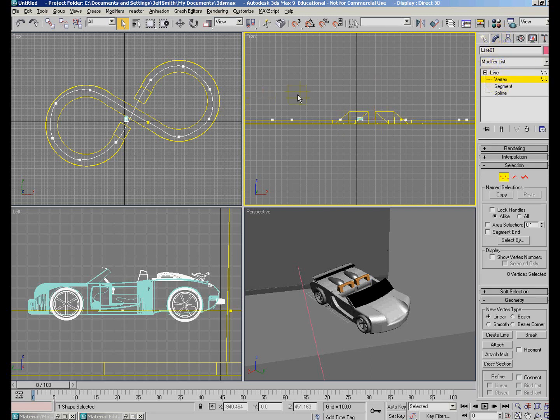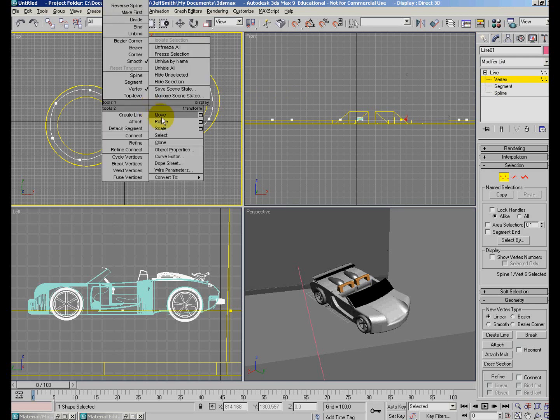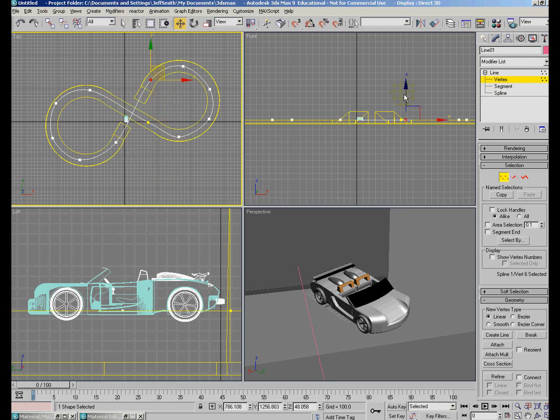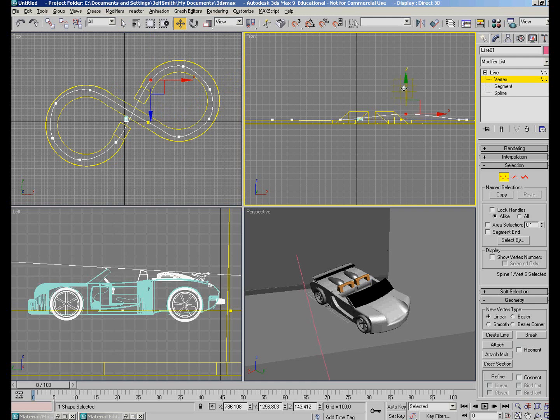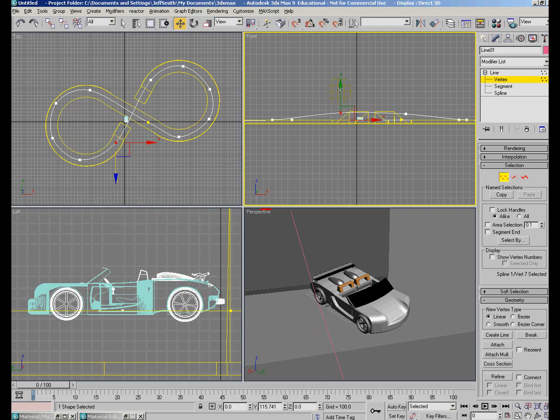Now what you're going to need to do is we're going to need to change these splines. Alright, so go to the line, the vertex, and you'll see these splines, and this is why I should have put one in the middle here, because if I'm going to go ahead and move these so they go up, but you'll notice the vehicle doesn't actually go up the ramp. So I'll show you what happens here. We'll go ahead and move these up. Alright, so make sure that it's going above the